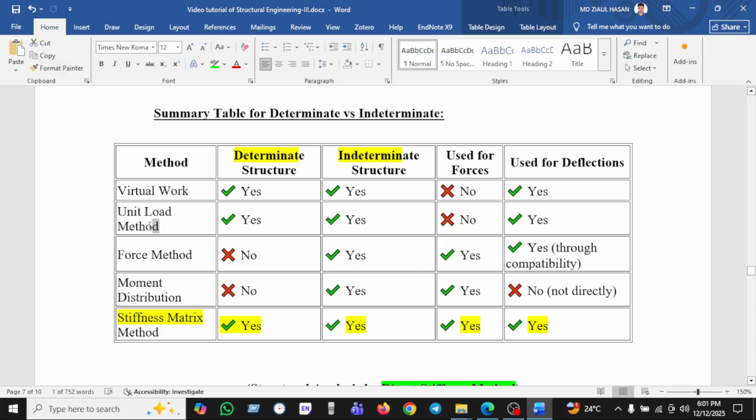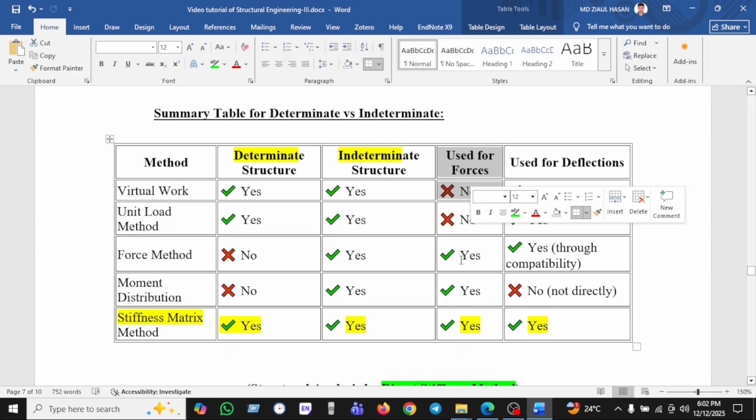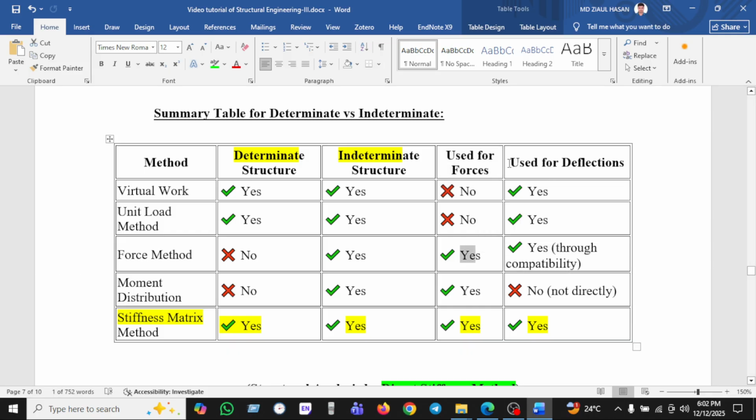On the other hand, the unit load method is the same. We can use it for determinate as well as indeterminate structures, but we cannot find out the forces, only the deflection. Another one is the force method. We cannot use the force method for determinate structures, however we can use it for indeterminate structures. In the same way, we can find out the force,